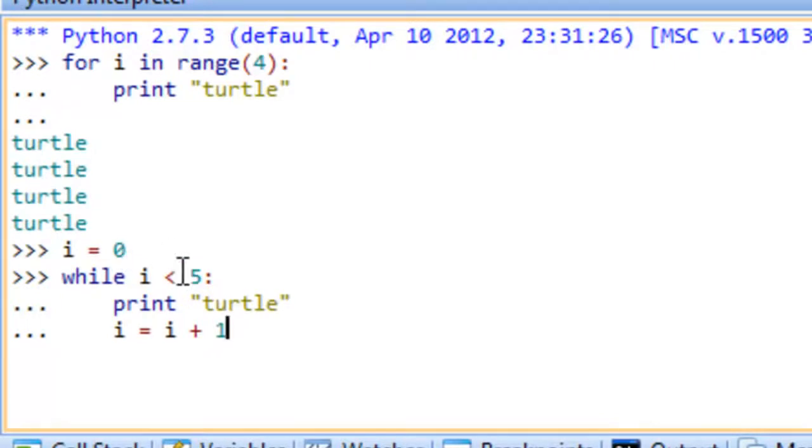value of 0. And whenever we get to 4, 4 would be less than 5. We print out turtle, then increment the value of i again. And now we'd have is 5 less than 5, and we wouldn't do this anymore. So on the 5th time through, which would be the value of 4, we get turtle being printed out for